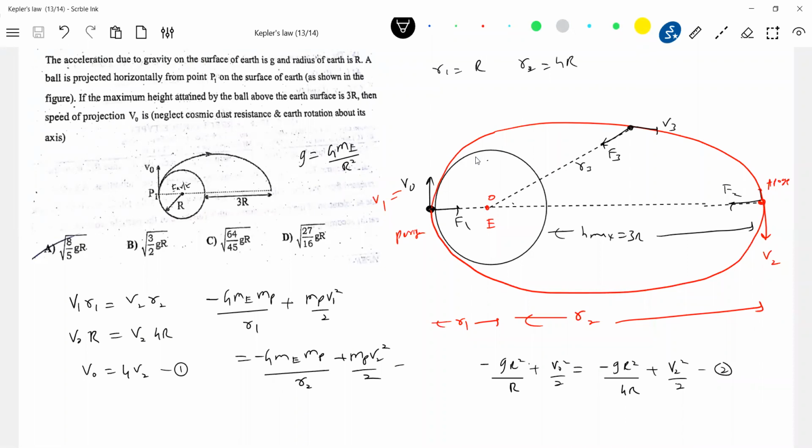So what you're doing, this is nothing but like a path. See, you can project it from here, from the surface of the earth. It's going to describe a path. He has given the path also, so it's a little bit easy for us. There's a maximum height. And this will be the answer. Check it.